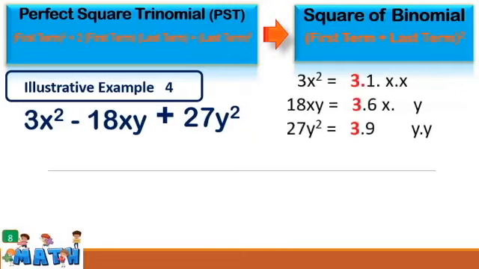So we're going to get the factors of 3x squared. So we have 3 times 1 times x squared, 18xy can be factored as 3 times 6 times x times y, and 27y squared can be factored as 3 times 9 times y squared. So what can you observe? We have a common factor which is 3, and we're going to use it as a divisor to reduce the given expression. So we have